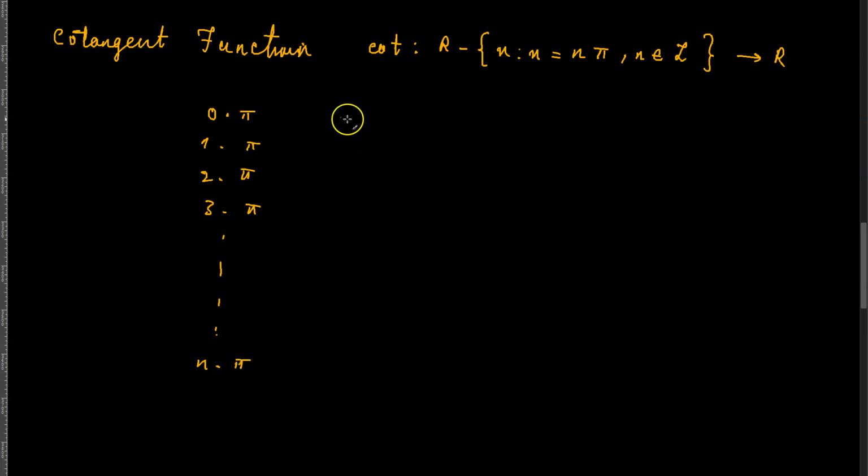And in the other direction you have negative pi, negative 2 times pi, negative 3 times pi, all the way up to negative n times pi. Of course, n belongs to the set of integers, meaning that you are multiplying all integers by pi, and all of those multiples will be subtracted from the domain of the function,